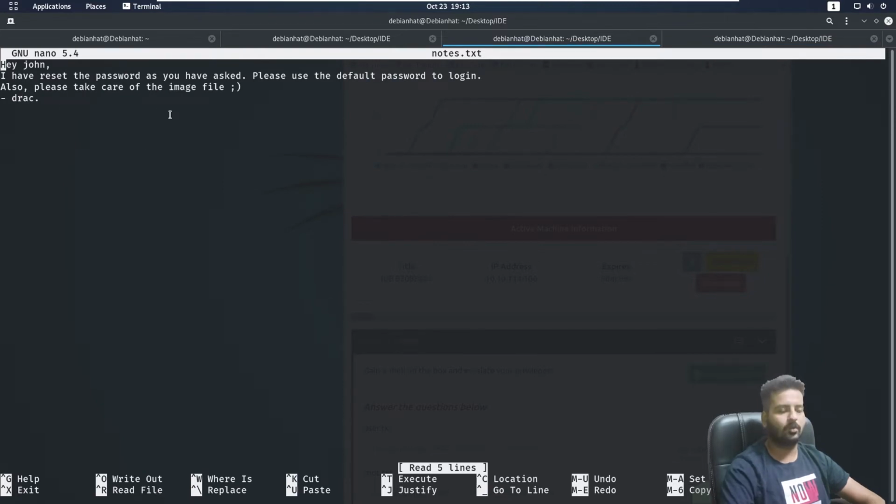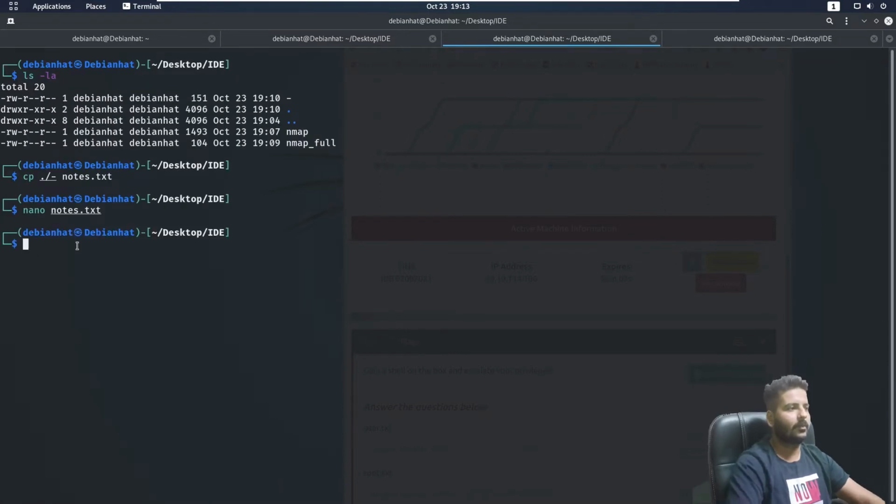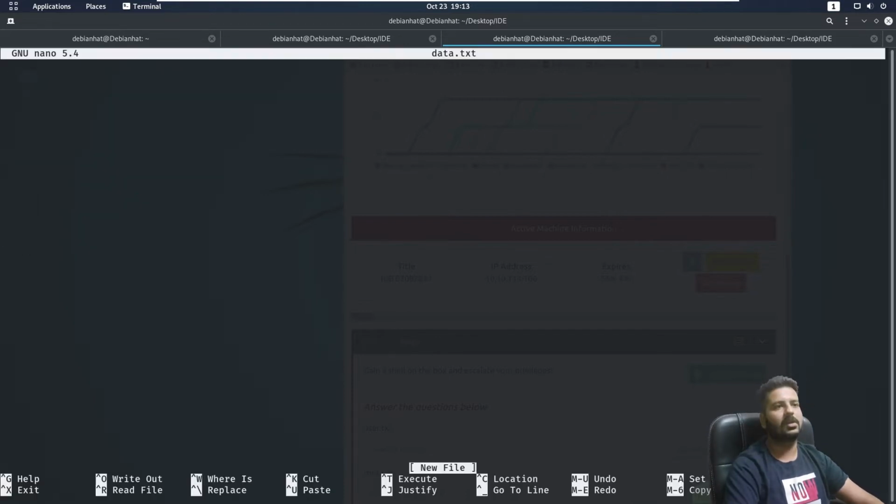Now, tracking John, I'll create one more file. Let's create a file with nano, and give it a name, not notes, let's say data.txt, where we keep all the track and all the data. So we have got potential usernames, so I'll enter potential usernames, and they have got John, and another I have got Drac.